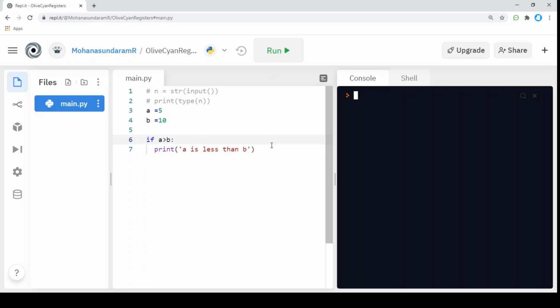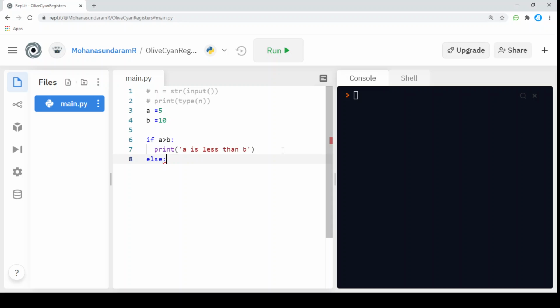What to do if I want a result even when the condition is unsatisfied? That's where the else part comes in. I can call an else statement here. In an else statement we can't pass any conditions. If I pass a condition over here, in the else part, I can't pass any condition here,